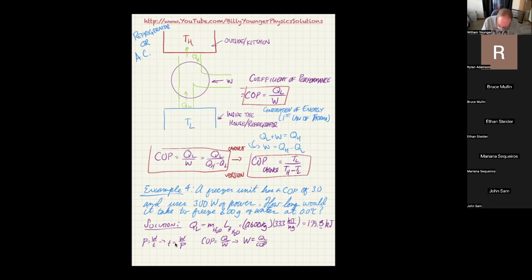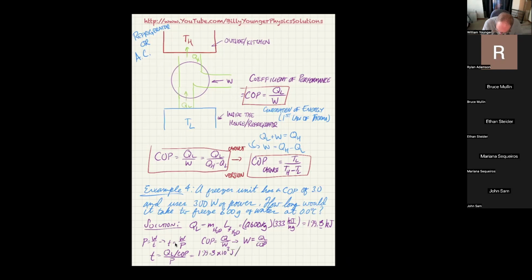So T is going to be QL over COP divided by the power. And the QL, of course, is the 199.8, and I should make that an actual times 10 to the third